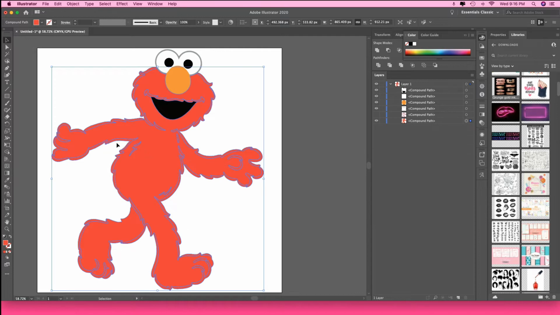And now you see you still have the outline, but it's all one color. So the next thing you want to do is go up here to the Pathfinder, and you want to unite. Because if you don't unite all those lines, it's going to cut just like that. What the unite does is bring it all together. You can cut Elmo like this,